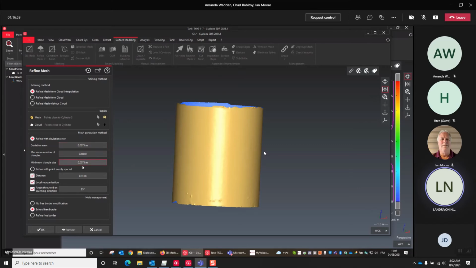The value will be by default 7 millimeters. So the maximum distance between the refined mesh and the theoretical surface of the cloud will be 7 millimeters. So when you refine, you control the maximum deformation of the mesh that you allow.